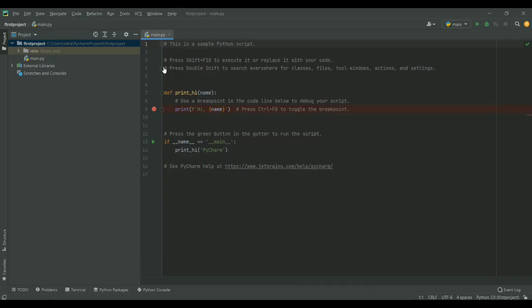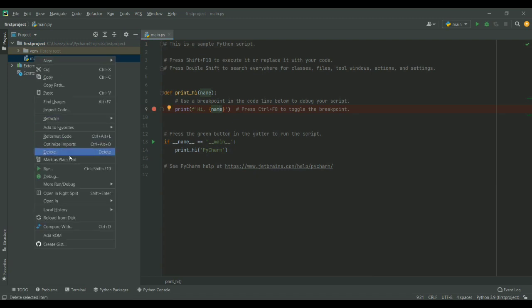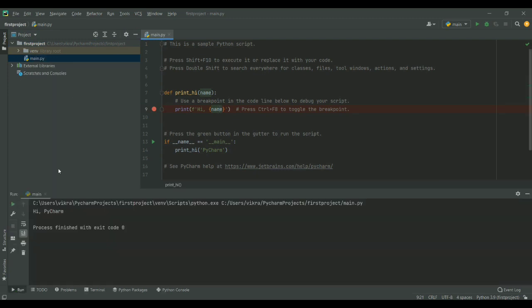Here the first project is created with the name main.py. If I write print here and run this code, you can see "hi PyCharm" is being printed. This is the first project, and "hi PyCharm" is printed because I have written nothing else here. This is the basic program, the basic first page,